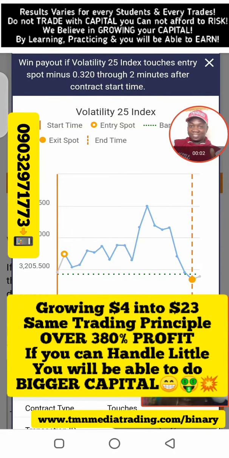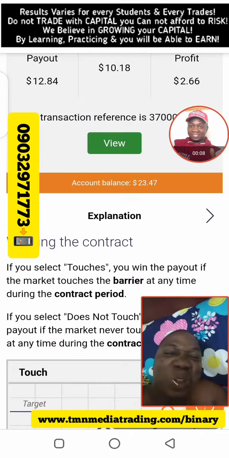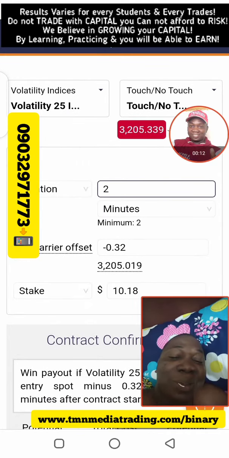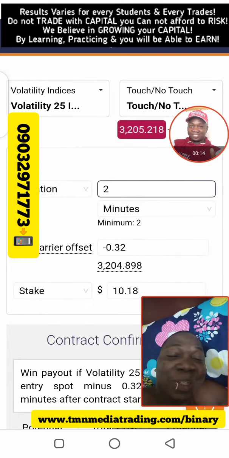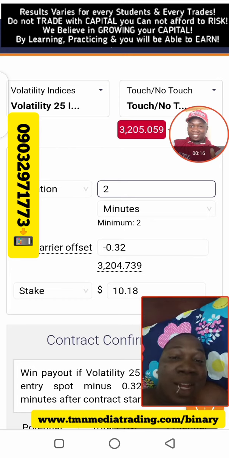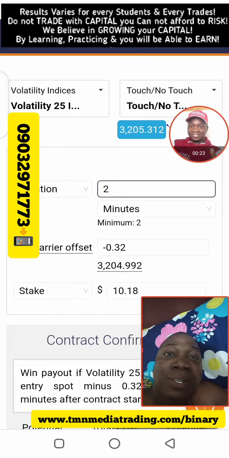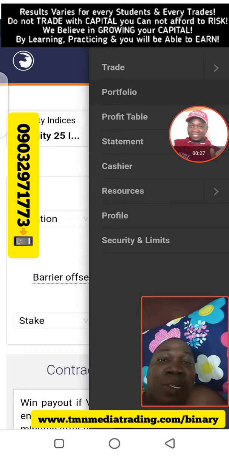Okay, I was just playing around with, I think about $4. I have $4 left in this account, so I'm a bit tired. I was resting. I just finished my routine on my project, and I felt like, okay, let me see if I can triple or double this $4.